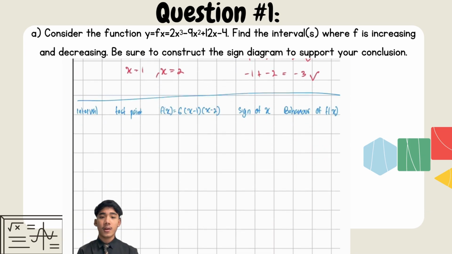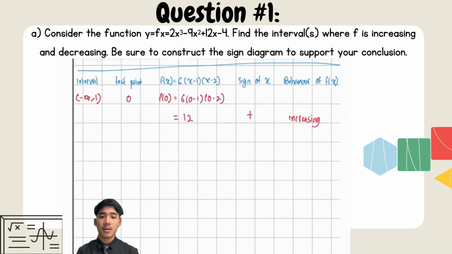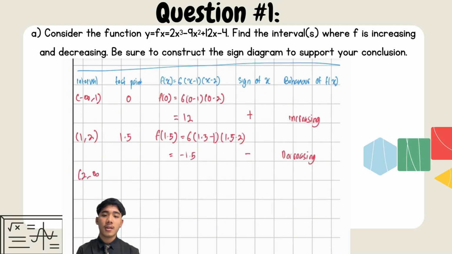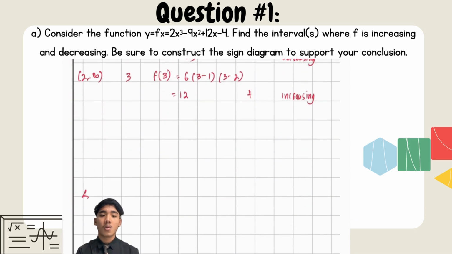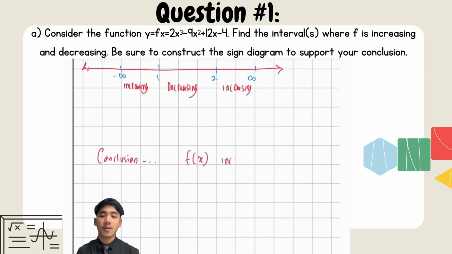For the next step, we need to do a test to find out if the sign is positive or negative. If the sign is positive, it means it's increasing, and if it's negative, it means it's decreasing. So as you can see, the test point 0 is increasing, and the test point of 1.5 is decreasing. So the function is increasing before 1, decreasing between 1 and 2, and increasing again after 2. So in conclusion, the function is increasing on interval negative infinity to 1 and 2 to infinity, and decreasing on interval